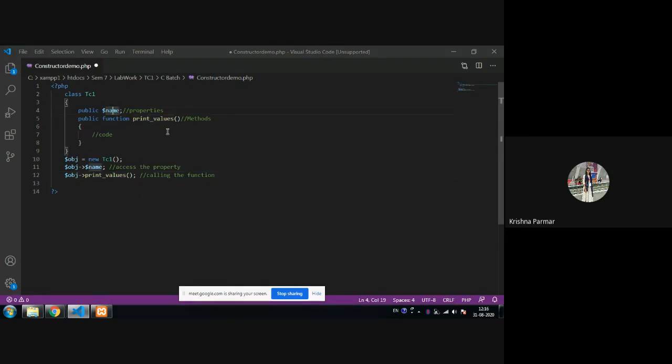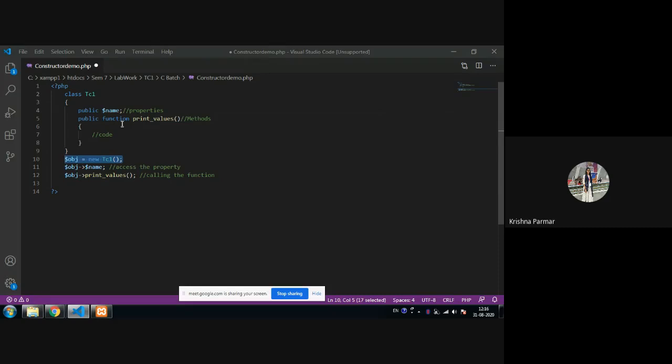Whenever we have to initialize any data members or properties, we use a constructor, or we can say a method is also there. But if we use a method, you have to write the statement of calling it. If you create a constructor, there is no need to call it. Whenever the object is created, your constructor is automatically called.